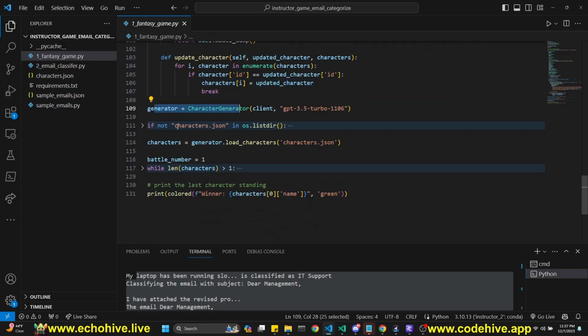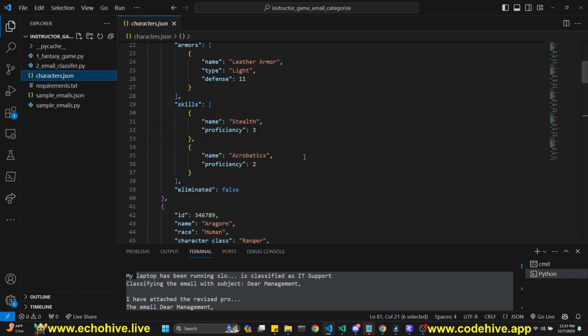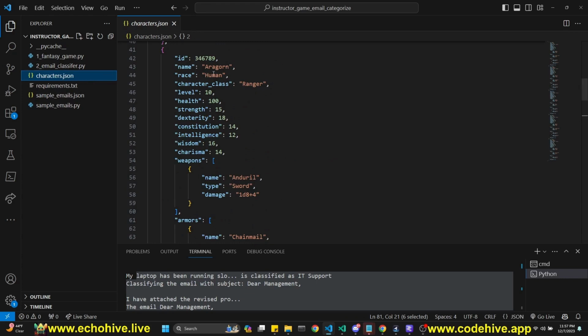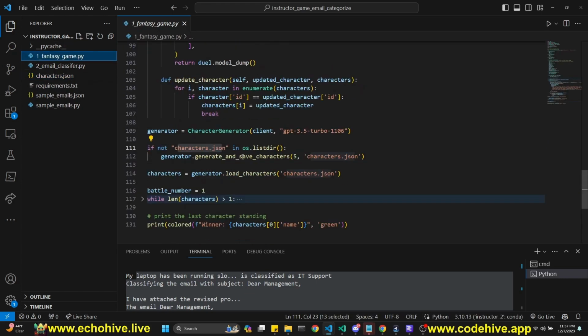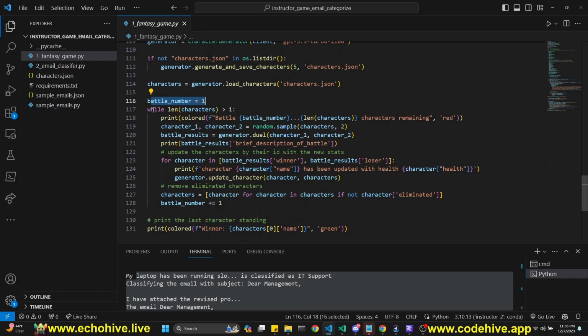Then we instantiate our generator, and then we check if the characters.json file doesn't exist, we create it. Otherwise, we already have it. If you delete this file, then that line will run and create the characters, calling the generate and save characters method. Then we load the characters with the load characters, and then we initialize the battle number to 1, and we make sure that as long as we have more than one character, we print that a battle is happening, and then we assign character 1 and character 2 by sampling from the characters list,